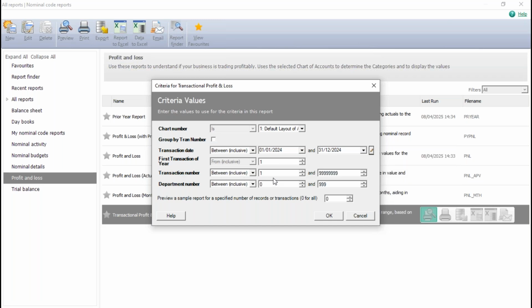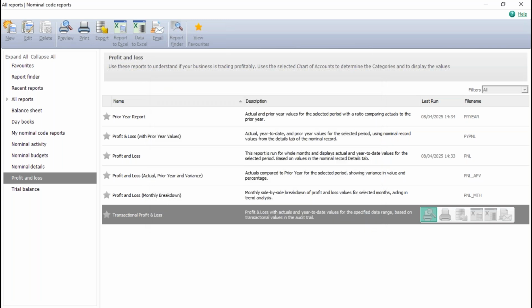And what I'm after, I'll just leave it at transaction number 1, but this time I want to go to 5987, which is the transaction prior to those year-end journals. So what I'm after is all transactions that are dated within the previous financial year, but are also numbered prior to the start of those ledger year-end journals. So if we just OK that,